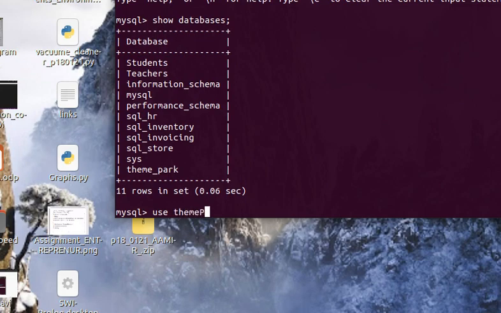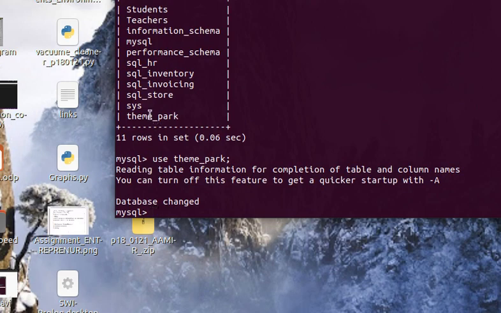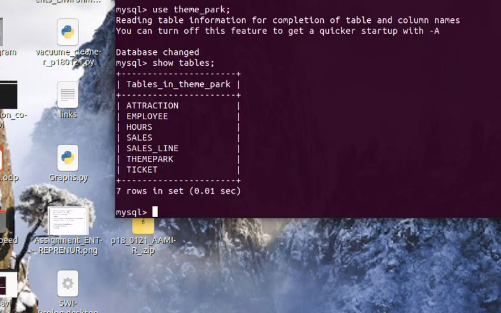So use theme park. So this database will be used. After using this database, I can show every table present in it. For showing tables, just type show tables. So these are the tables in this theme park.